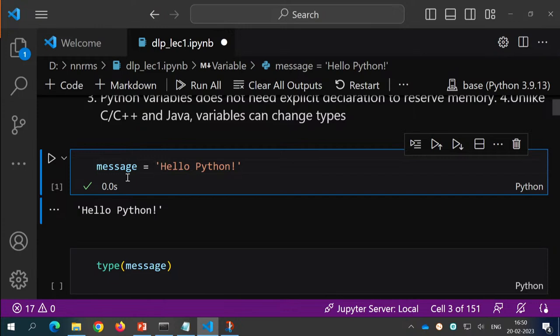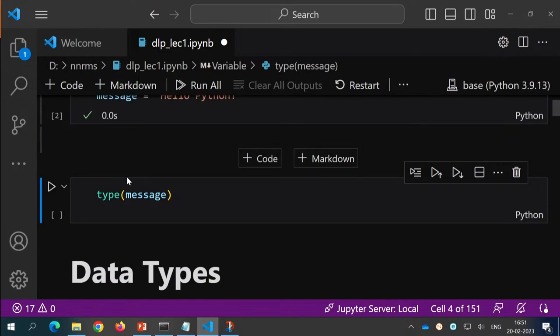So in other programming languages, like with "hello Python", this is a string, so you need to explicitly type something like string message. But in Python we need not define the type of the variable, we can just name the variable and what value you are going to assign to it. Like I have written message equal to hello Python. Now once I run this code cell,